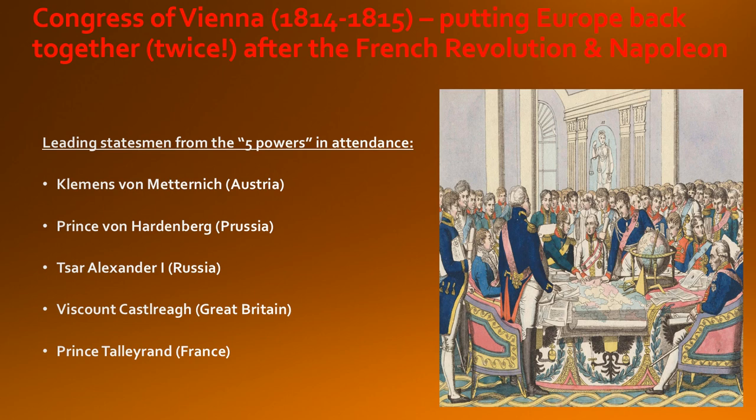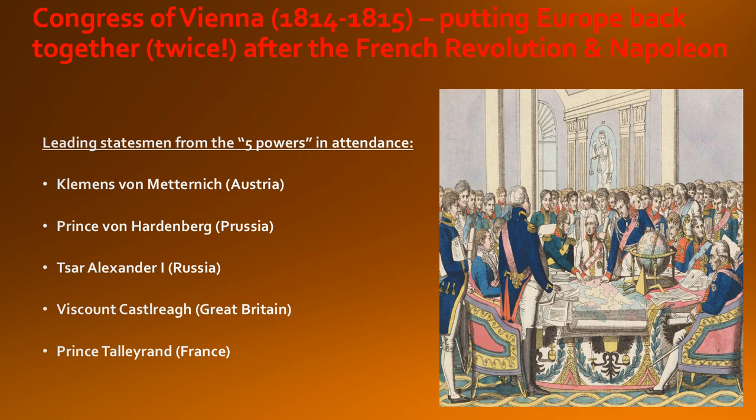The leading statesmen from the five major powers we've already identified many times in this class included Clemens von Metternich, the host of the conference and really the star of the conference. It's fair to say that Clemens von Metternich was the dominant political figure in Europe in the first half of the 19th century. As it will also be fair to say, as I will, that a fellow German speaker, the Prussian, not this guy, Otto von Bismarck, is the leading statesman in all of Europe in the latter half of the 19th century. But at this point, he's not around yet, and Prussia sent one of its leading figures, Prince